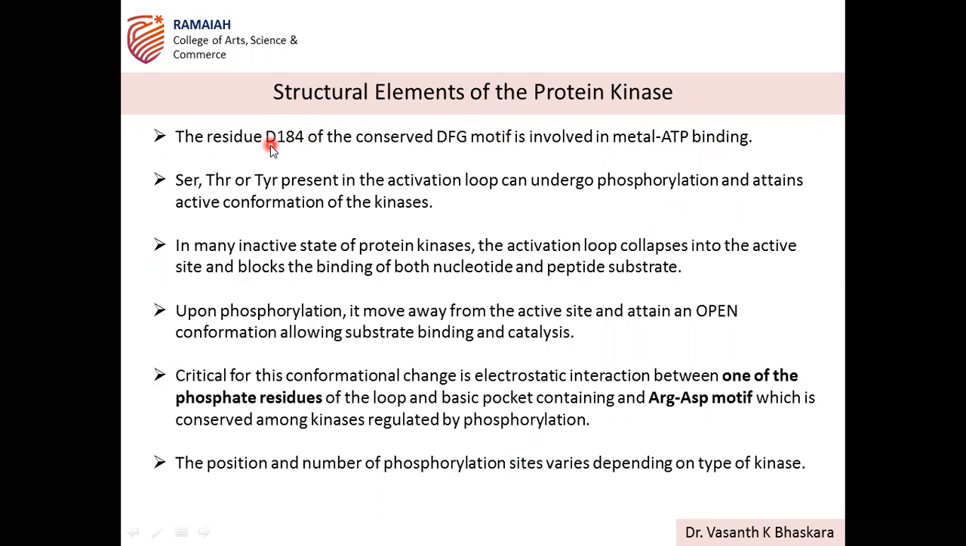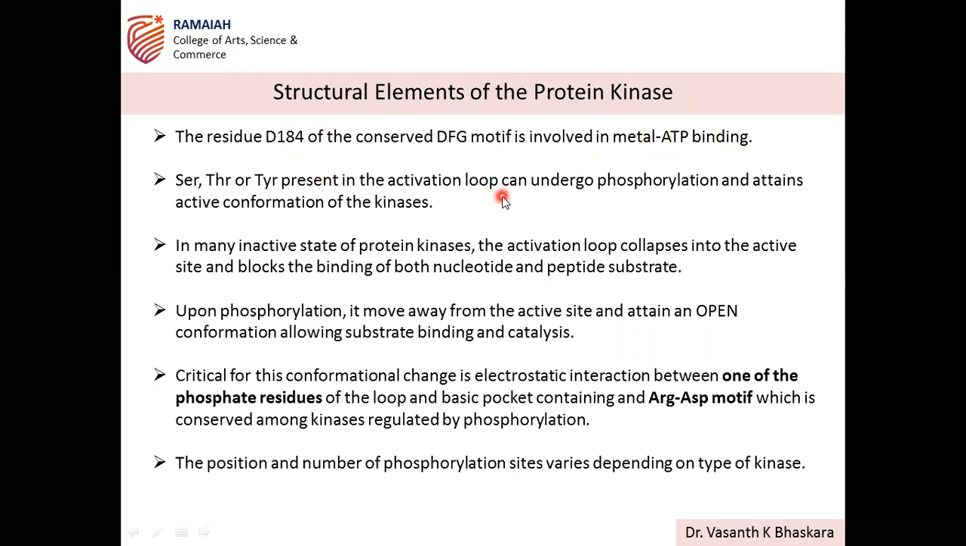In the small lobe, D166 is very important. But here it is D184 in the larger lobe, and that is containing the DFG motif. It is responsible for metal ATP binding. This metal, in a way, holds this ATP within the protein kinase. Okay, so that is because of this D184 present in the larger subunit. Activation loop, and serine 309 or tyrosine